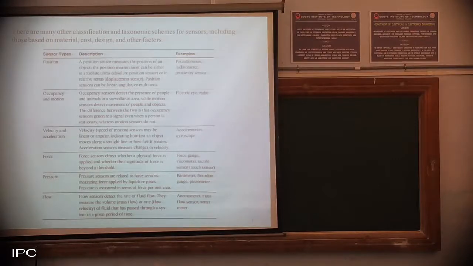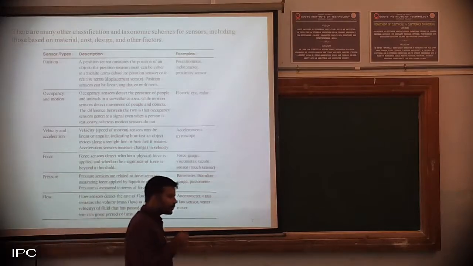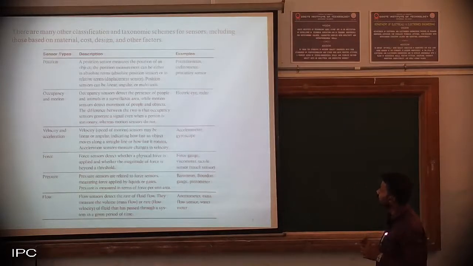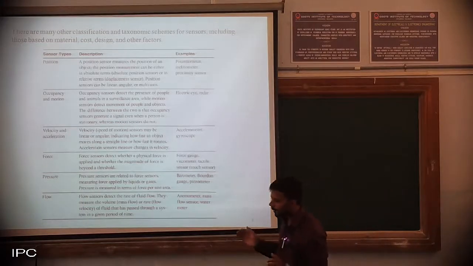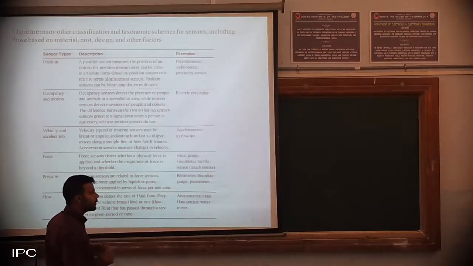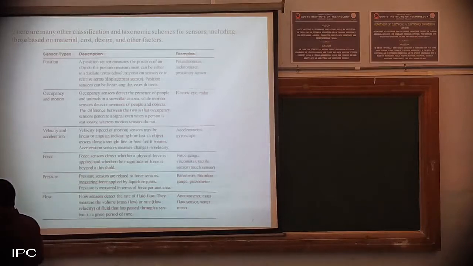So, sensor type. The first one is position. Position means it can be either absolute position sensors, or relative, or displacement sensors, or the position sensors can be linear, angular, or axis. If we are detecting the position of any object, there we can make use of the potentiometer. The potentiometer works on the voltage principle. If the object is moving, then the voltage will be varying, and depending on that value it works. Then the inclinometer, in order to give the information of